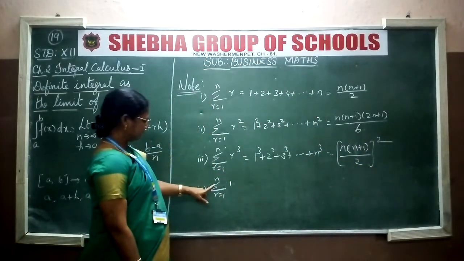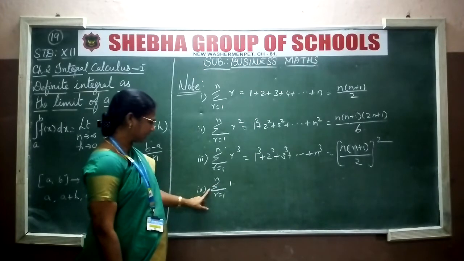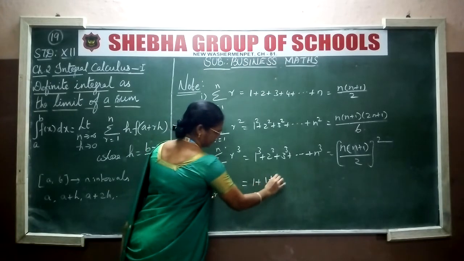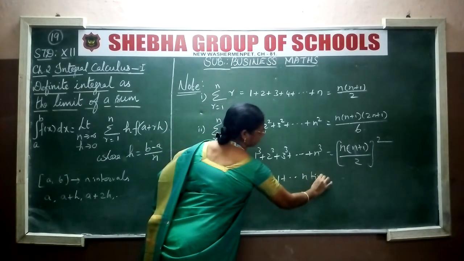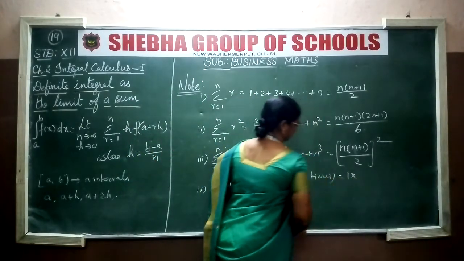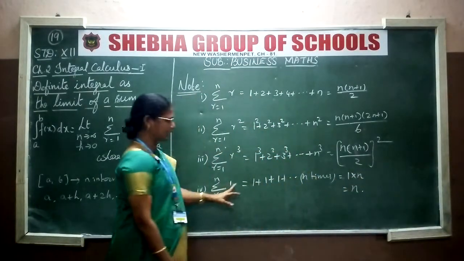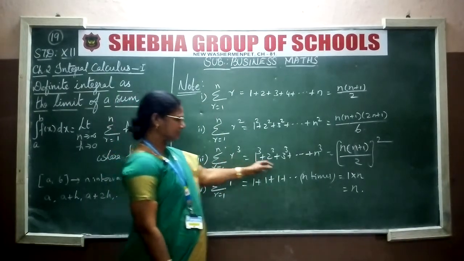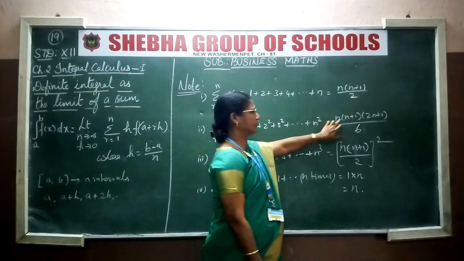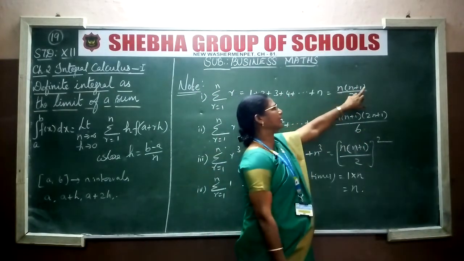Remember, next sigma r equal to 1 to n 1. That means if there is a constant, we take that constant out front and write 1, then substitute r equal to 1 to n. Whatever r we put, it is always 1, up to n times. So 1 into n, we get n. So sigma 1 is n, sigma r cube is n into n plus 1 by 2 the whole square, sigma r square is n into n plus 1 into 2n plus 1 by 6, and sigma r is n into n plus 1 by 2.